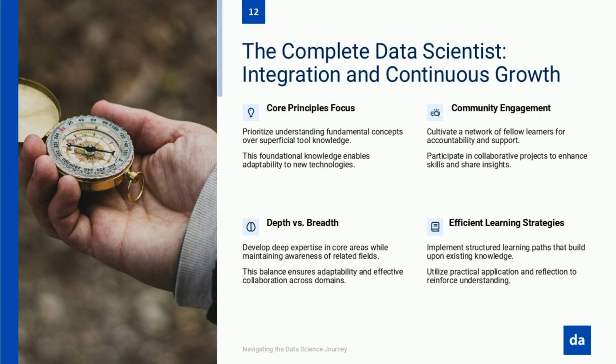In data science, where technical skills can become outdated in as little as 18 months, continuous learning isn't just a nice to have, it's essential for career longevity. The complete data scientist isn't someone who knows everything, but rather someone who has developed systems for ongoing growth and adaptation in a field that's constantly in flux. This balancing act between depth, breadth, and currency presents one of the most significant challenges for data professionals at all levels. How do you maintain cutting-edge expertise in your specialization while simultaneously keeping aware of developments across the broader field?